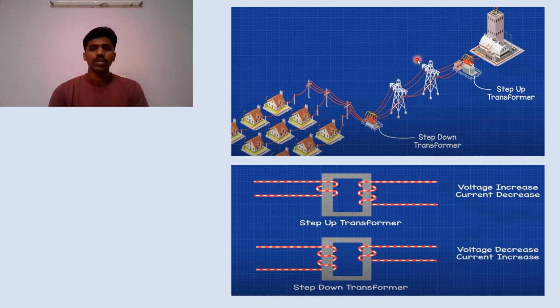For example, if you are generating electricity at the generating station and you want to send that electricity to far away cities and towns which are located away from this generating station, then the generated electricity will be stepped up and results in the increase of voltage and decrease in current. This will reduce the losses when it passes through a long transmission line. When it reaches the cities, this voltage needs to be stepped down for safe usage. This is done by using a step down transformer.